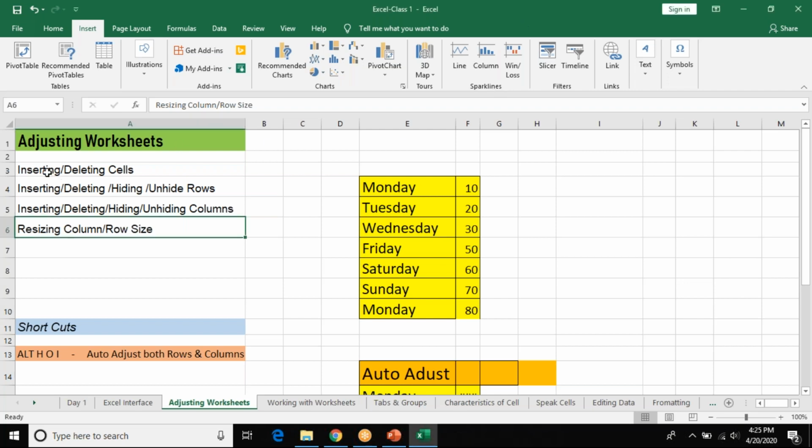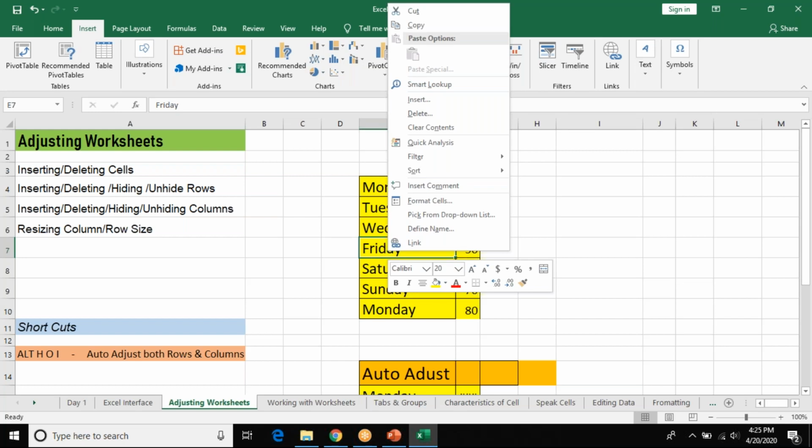How do you insert or delete a cell? Now, if you observe here, Monday, Tuesday, Wednesday, Thursday is missing. They have just put it as Friday. Now, if I want to add the data, Thursday, and here also 10, 20, 30, 40 is missing. So if I want to put Thursday and 40, I go to Friday, right click from my mouse.